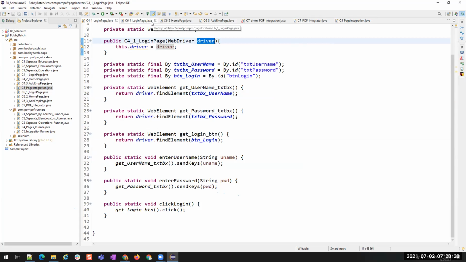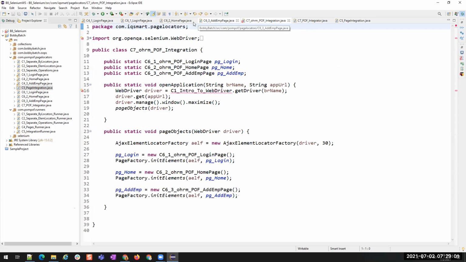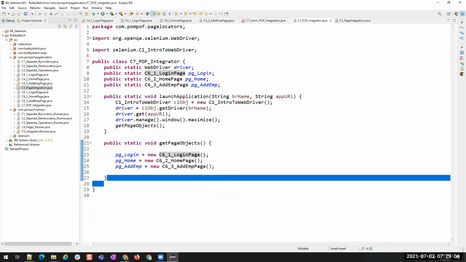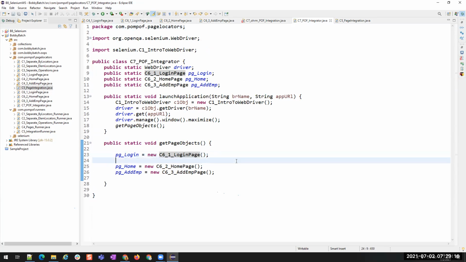But now in our classes, do we have the driver element here? Are we using the driver object? No, right? We are not using the WebDriver object. Internally @FindBy is using the driver object. So you don't have to pass the driver to this class. That is the reason I did not create any constructor. And in the integration class also, I'm not passing any driver to these particular pages. Then how do I initialize these elements inside that page, and how do I make that page know what the driver is? For that, we have to use another method,